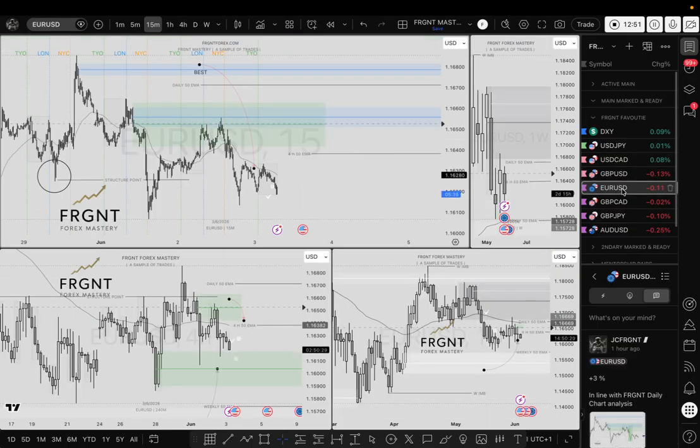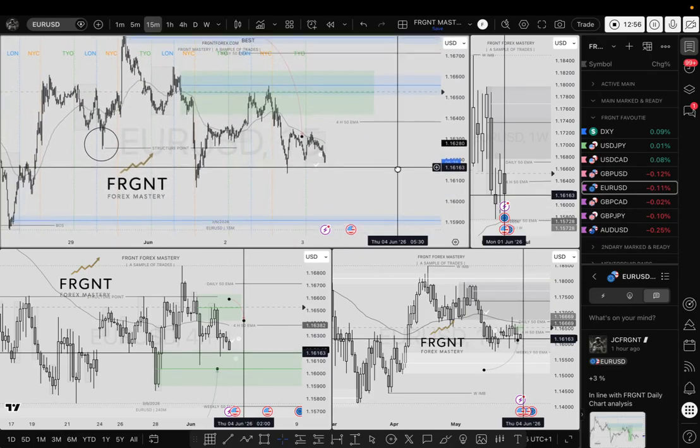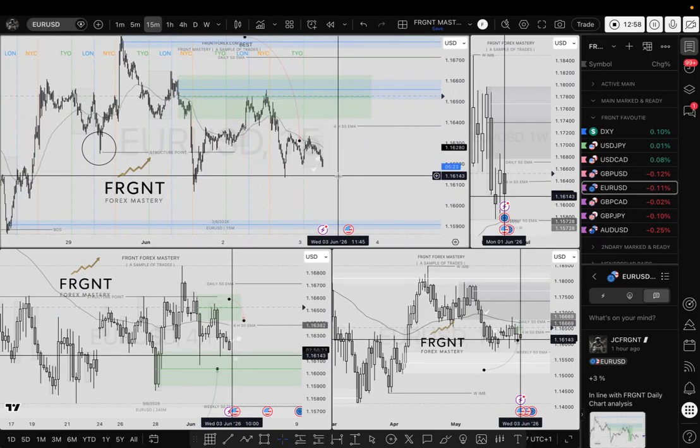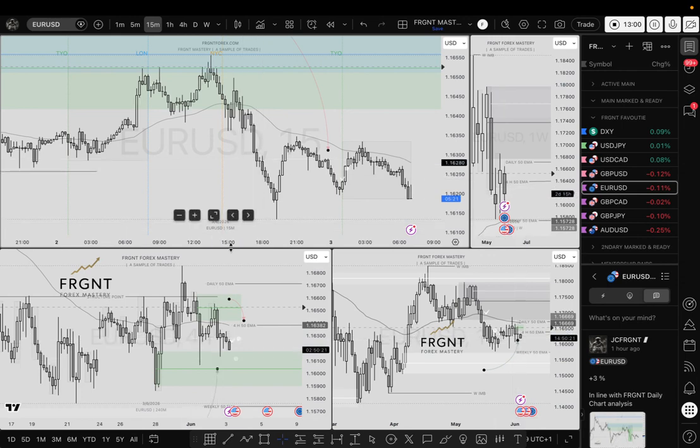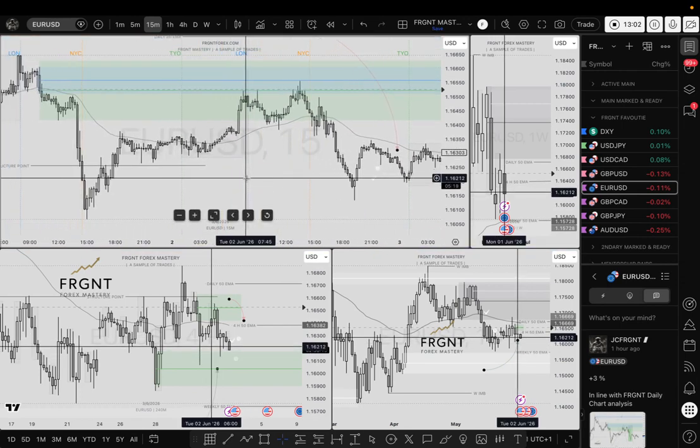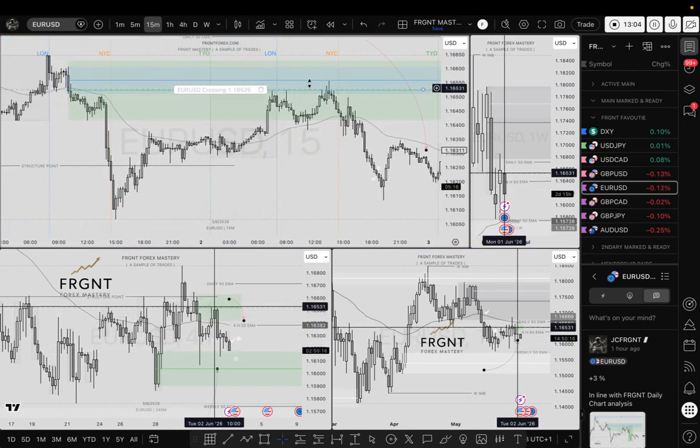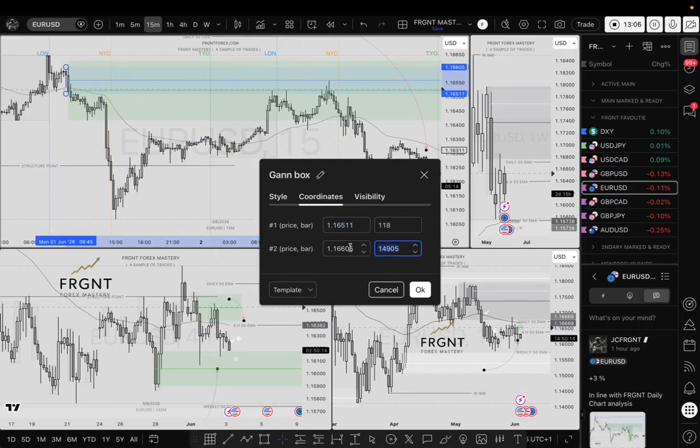Euro US dollar, I think price is still developing beautifully. I'm happy to take that as a short position as and when price gets back. Have I updated that? No, I have not. Is there any 15-minute order blocks available? So that was the short position yesterday. So what I'll do, let me make that around 200. Let's call it 230. Great.